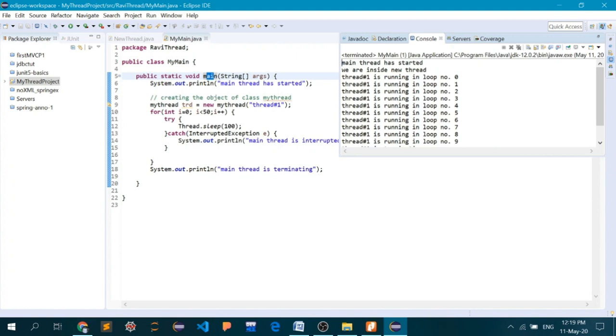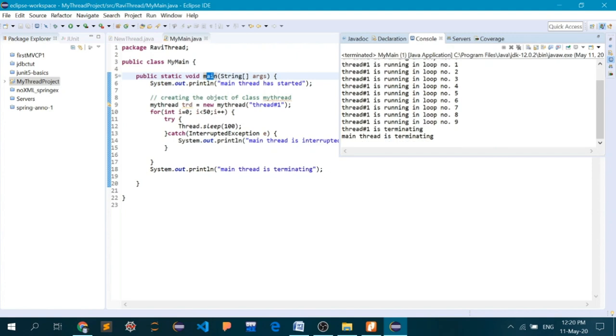It is running in parallel to the main thread, and this message signifies that we are inside the new thread, and it will start counting. Thread 1 is running in loop number 0, 1, 2, 3, 4, 5, 6, 7, 8, 9, 10. That is what we put inside. Then our own thread is terminating, and at the end our main thread is terminating.